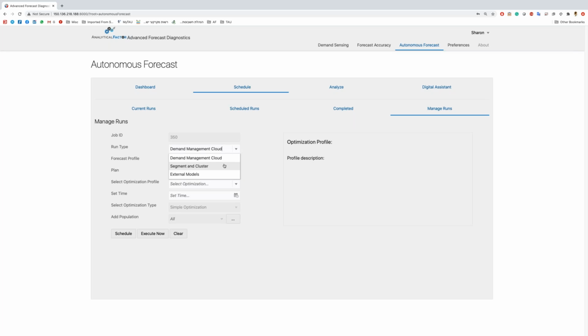And the last one, and I'm going to speak about it later when I'm back in the presentation, is the external models. It's our ability to enable you to run external statistical forecast models, or I would say external algorithms, that will enable you to generate statistical forecasts outside of the ones that you have within Oracle.